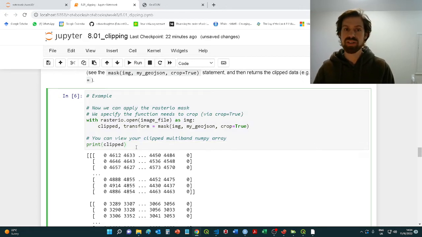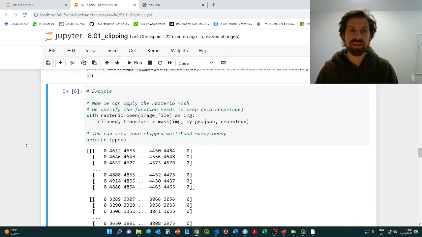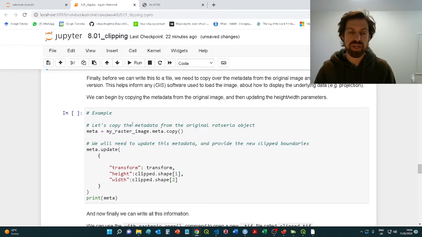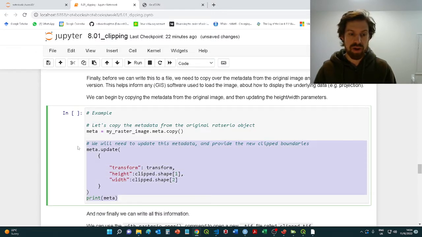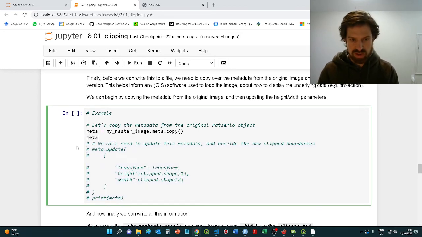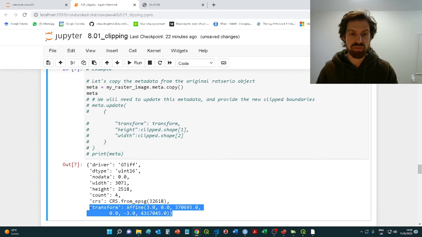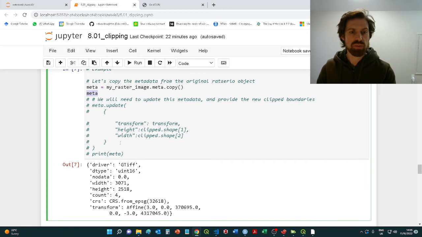Okay, so that might not be that intelligible to you at the moment, but bear with me, because what we're going to do next is first get the metadata ready so that we can write and export this new clipped data and visualize it within a geographic information system. So first we want to copy the metadata that's available to us. Let's have a look at this box here. This is the metadata for the original image. You can see that the width and the height are specified. We've got 4 bands, a CRS, a coordinate reference system, and a transform, an affine transform function. Essentially, not much of this is going to change,